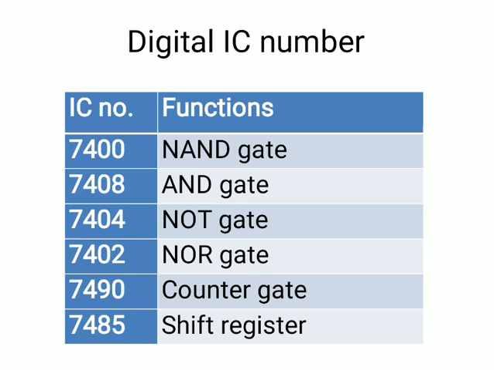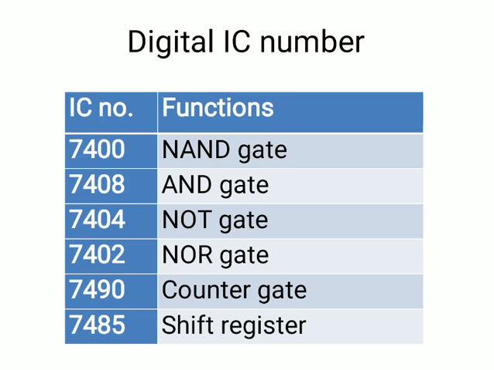And see, this is an example of digital ICs. This is an AND gate, NOT gate, NOR gate. All these are digital ICs, and their number is 7400. So you have to remember this number. Each IC has a unique IC number. Why do they have a unique IC number? So that if we want to make an application, we can go to the manufacturer and tell them that we want this IC number.